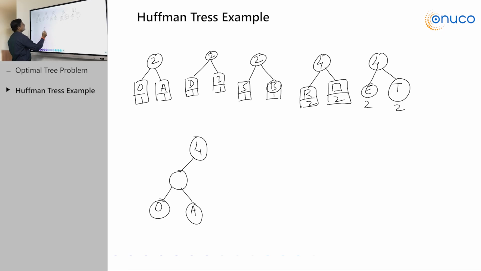Similarly, for another 4 we have this 2, left side is D and right side is I, right. So 2, 2, 4, 4, 2 is minimum. So either these 2 can be joined with a 4, or these 2 will go with another 4. Any 4 we can join these 2, because the first 2 minimum elements we are going to consider,